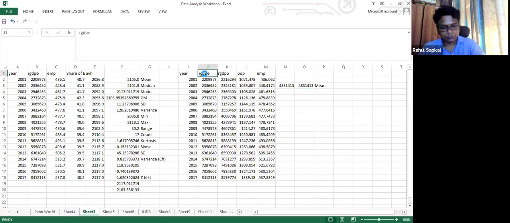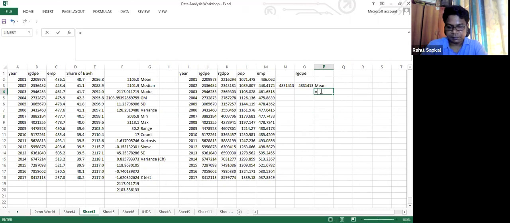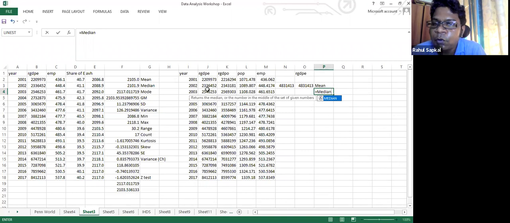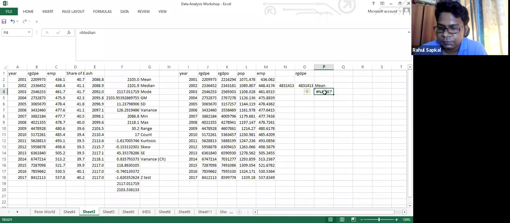I'm doing it for this one this way. Now median. So what would be the median in this? If you go with the manual way, can you see the median over here? The data is already organized in ascending order. Okay, it will take time, so I'll put median.